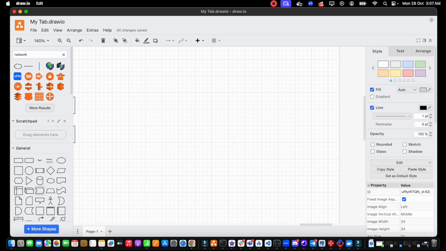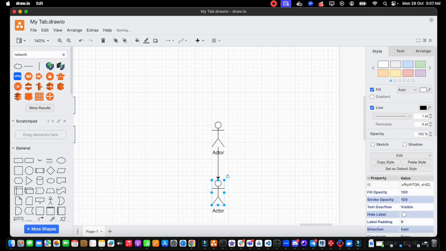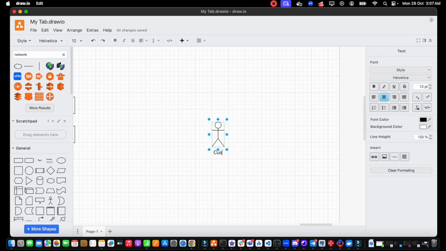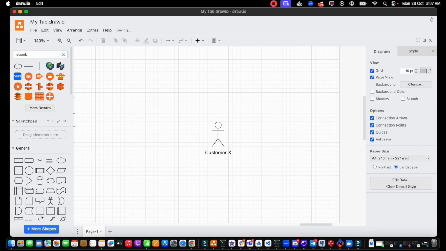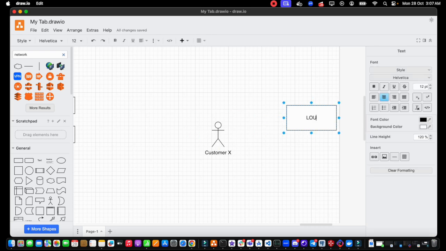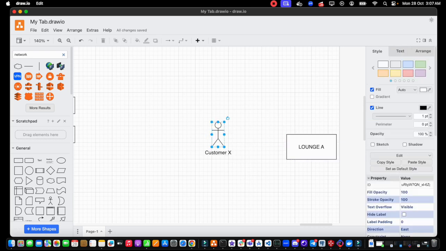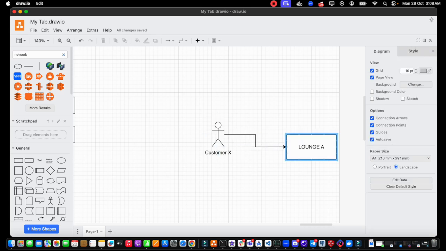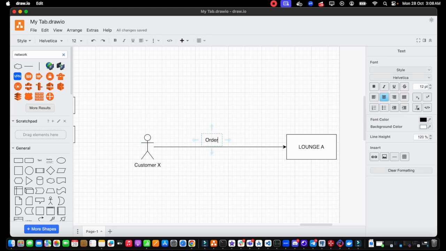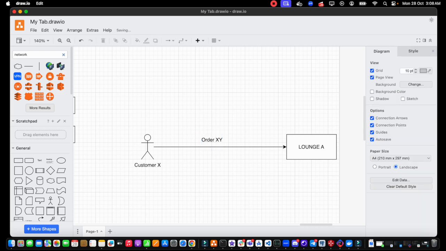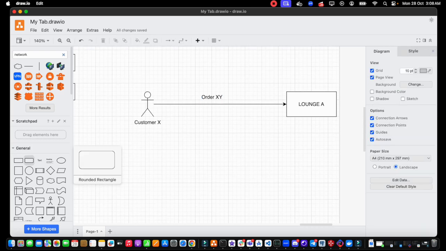Let's say this is a customer. Customer X places an order to a lounge. So let's just make the lounge, this is lounge A. So this customer places an order to lounge A. Let's say this customer places an order XY to lounge A. Now, we want to make sure that our platform,